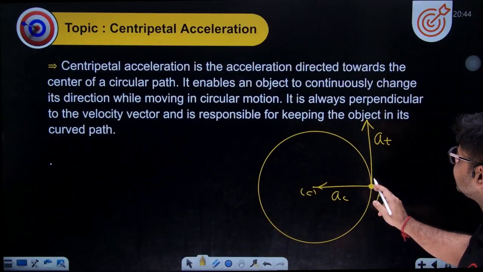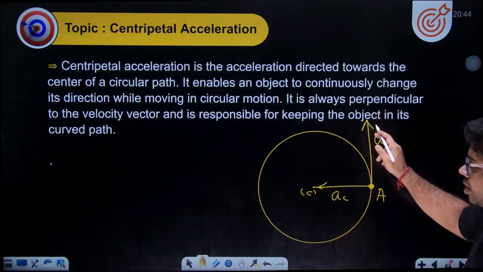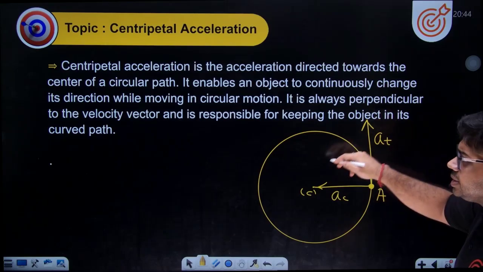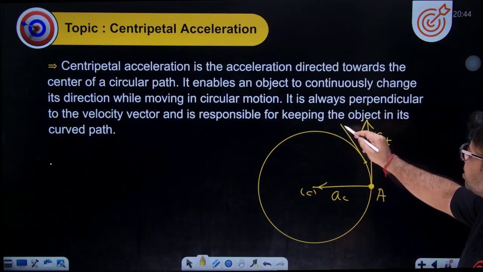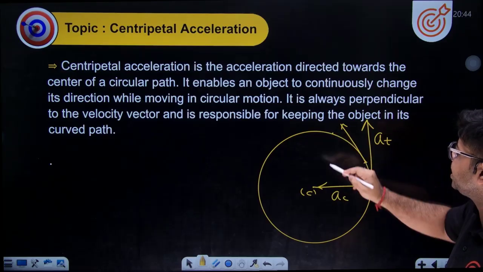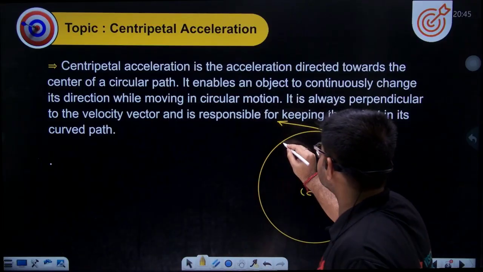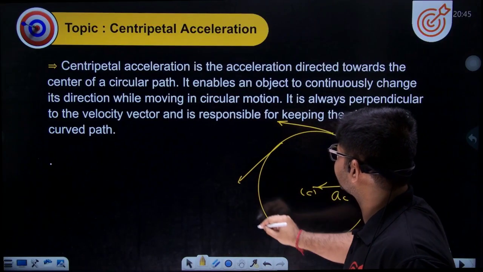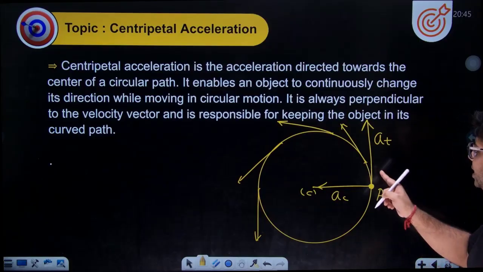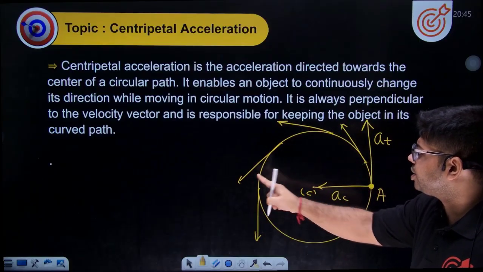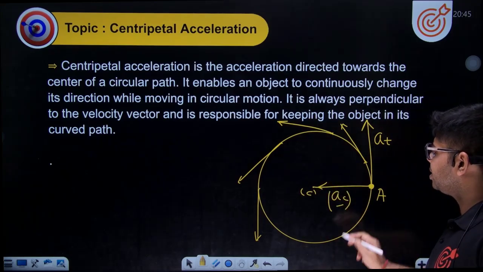You draw a tangent at point A, it is straight. But the very next instant when it goes here, the direction is like this. Again when it comes here, the direction is like this. So at each and every point the direction of motion is changing, and that is being changed by the AC,